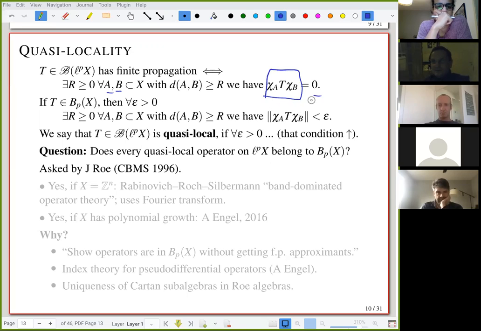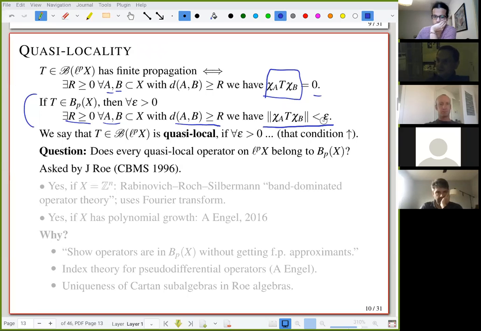Right, okay, so let's cook up a property which will work for norm limits. Let's relax this a bit and just do it up to epsilon. The condition I'm stating now is that there exists an R so that whenever I take two sets which are R apart, I don't require that the operator is 0, I just require that the cut down has norm less than epsilon. The full condition is that for all epsilon, there should exist such an R. So you can imagine if you take any norm limit of finite propagation operators, it will satisfy this condition,